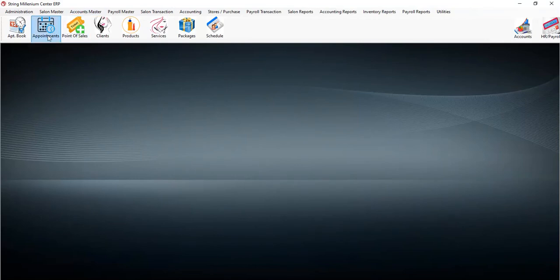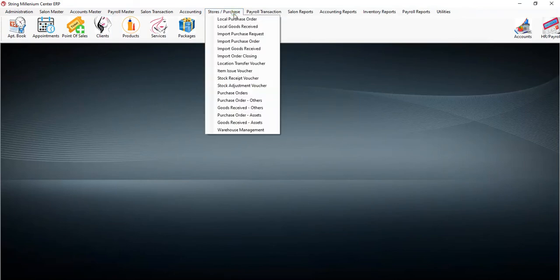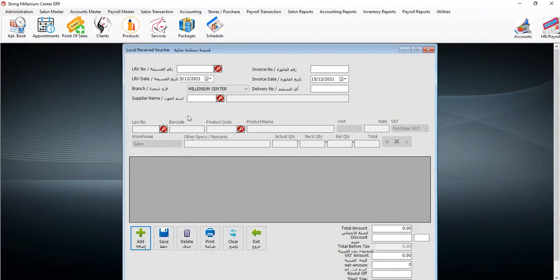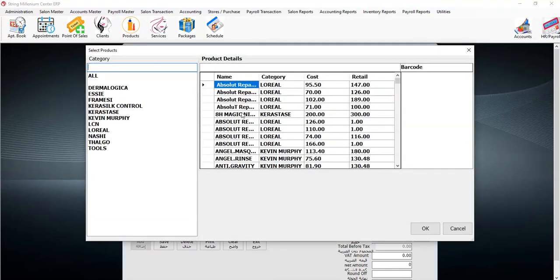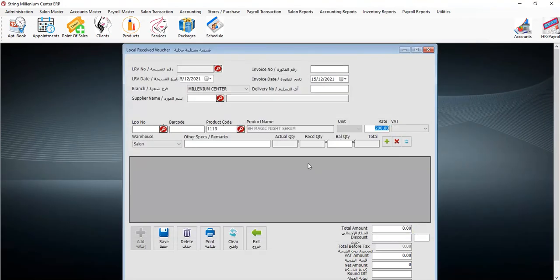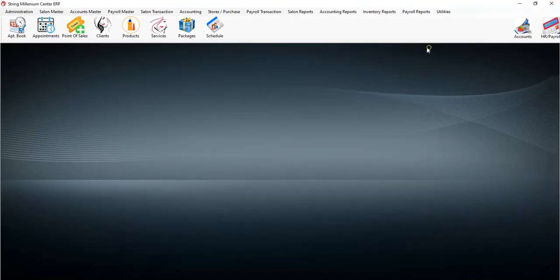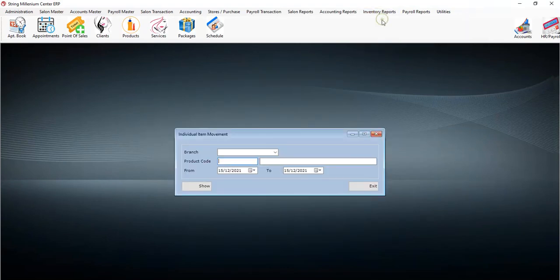Okay, suppose we will see for the one which we created now. So I'll go here and check what the name is. So 1119. If I go to inventory reports, product movement, select Millennium Center.